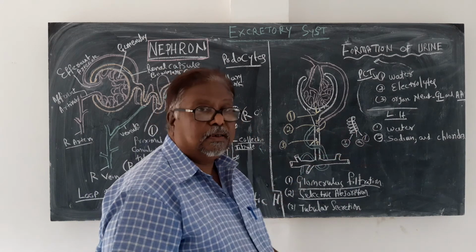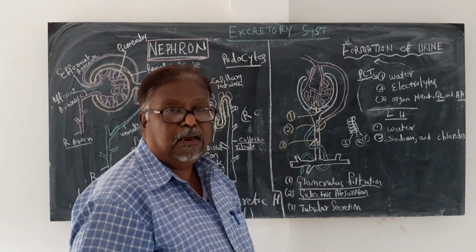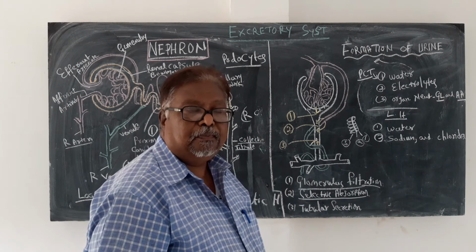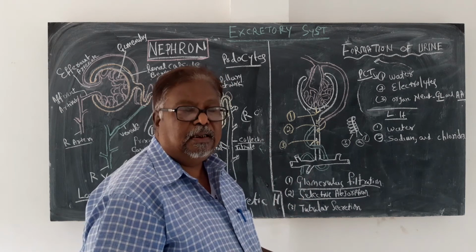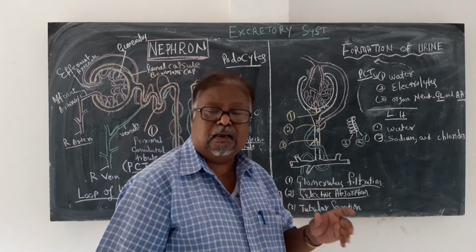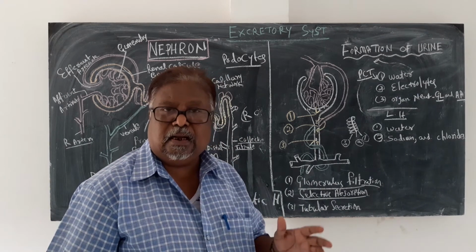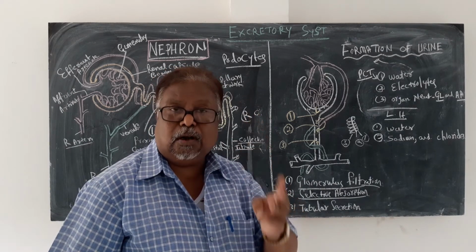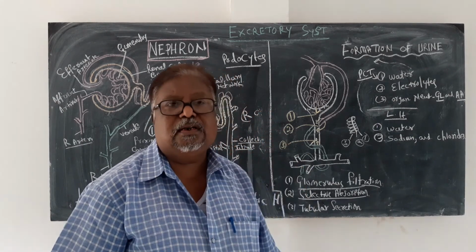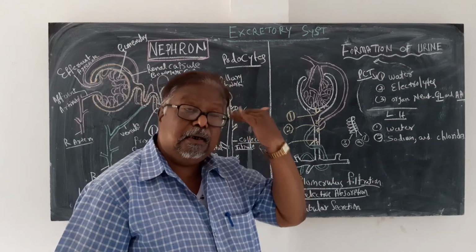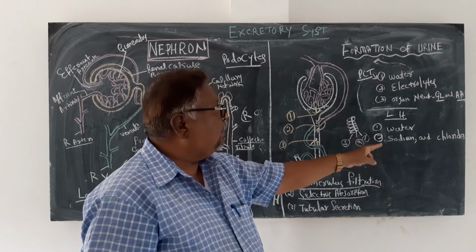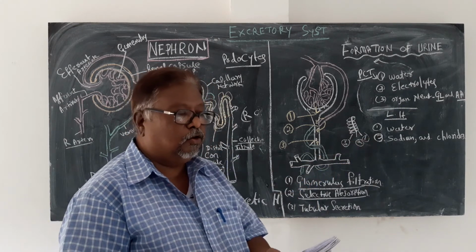These are all necessary materials which should be reabsorbed by the blood, because they have to be supplied to different parts of the body, and they would be thrown out immediately in the urine in the first part, because the pores are very small, the walls are very thin, and there is a single layer of cells. Moreover, the pressure is high, so all necessary materials are also thrown out in the filtrate, and through this filtrate reabsorption takes place again. Water, sodium and chlorides are reabsorbed by the loop of Henle.